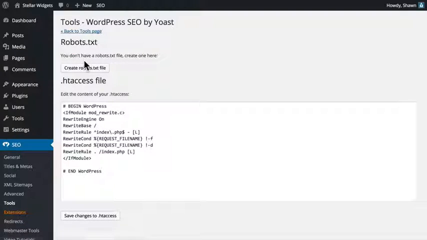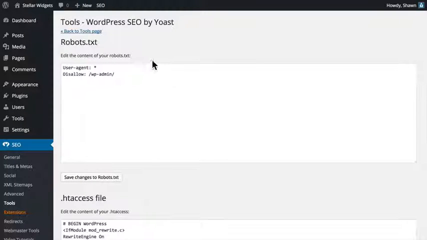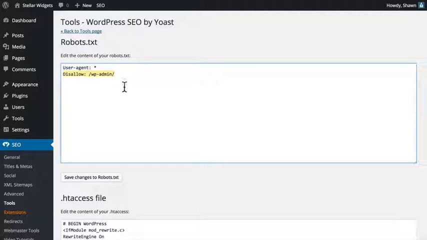The file editor allows you to quickly edit your robots.txt file, and if you have one, your .htaccess file. If your site doesn't already have a robots.txt file, you can easily create one here. When a robot visits your site, it first checks for instructions in this file. Here, you can disallow access to specific pages or directories on your site, and robots will not crawl or index those particular pages. For example, there's no need for a search engine robot to index the contents of the WordPress